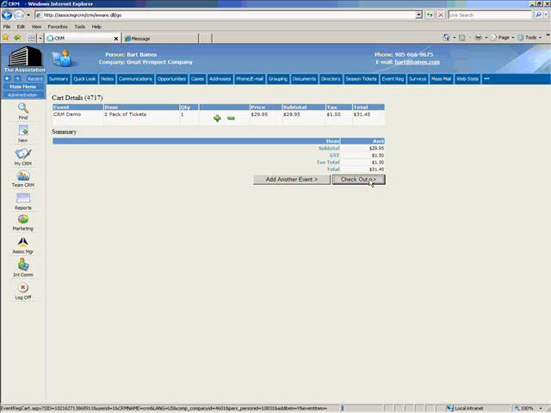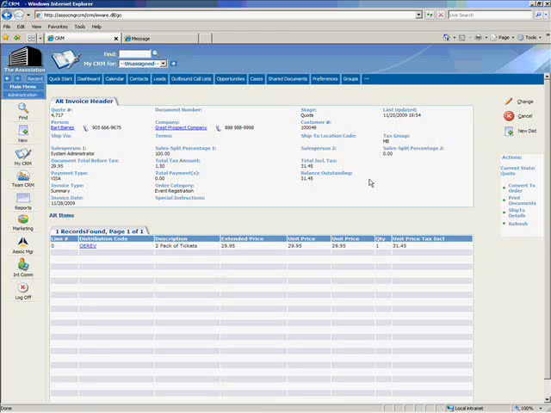When I proceed to checkout, the system will display the invoice to me for all of these items and allow me to process it. This is a standard CRM Association Manager invoice, and the process is the same as any other invoice. In fact, I could, for example, print a document, say a physical invoice, and email it off to this member or this particular customer so that they could remit payment by check. Or I could continue processing it via Visa